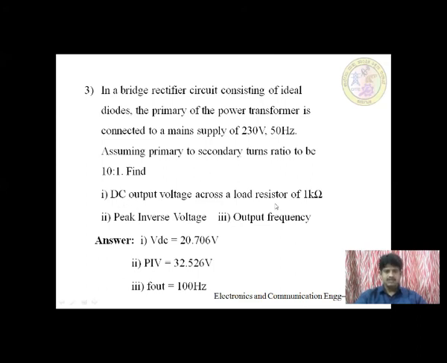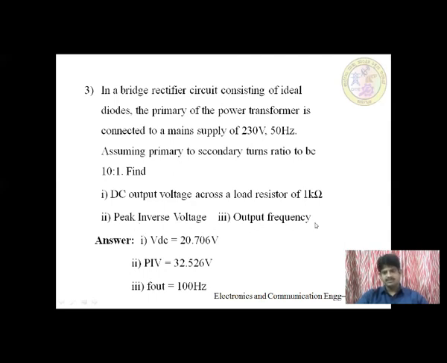So here the VDC is asked, with the load resistance given. You have the VM here, and using the VDC and VM equation, you can solve this. You can calculate the VDC, and you have the RL. Okay. So the prerequisite for this is the equation of VDC. Next, peak inverse voltage. So you know that by using the VM, you can find the peak inverse voltage.